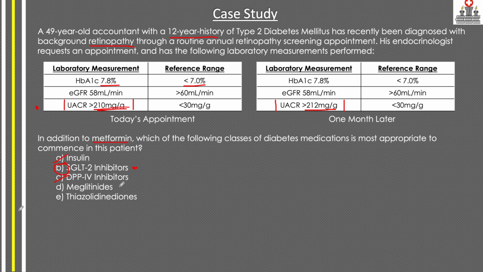And meglitinides as well, we know they are like sulfonylureas, more recent developments, and they don't seem to have any effect upon albumin within the urine. It would be inappropriate. As well as TZDs, they don't have any effect upon the kidneys. They don't have any protective effect. While they may increase the sensitivity of insulin in the periphery, they don't have any effect on the kidneys and would be